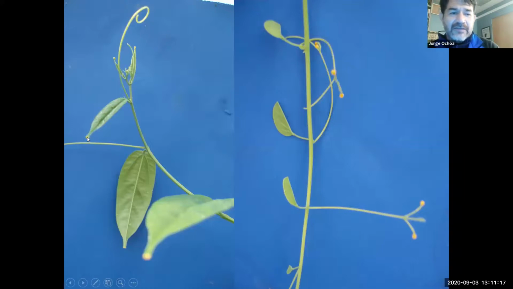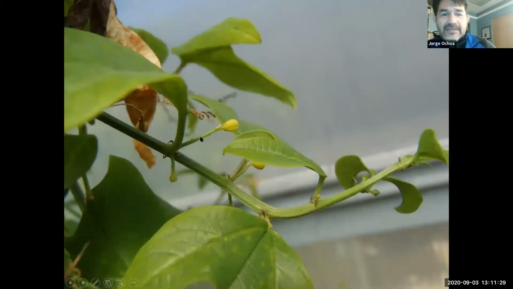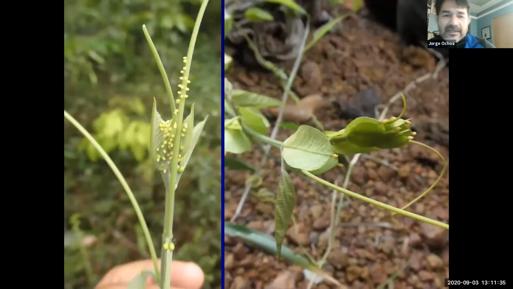The egg mimics can be found on many areas. So here we have the mimics at the tip of the leaf. Here we have the mimics as dummy eggs or dummy flower buds on the tendrils, and the same thing here. Here we have a dummy flower that is going to be yellow. That's never going to open to a flower, but looks like an egg. And here we have on the right side the growing tip. And notice the tips of the stipules have the golden glands.